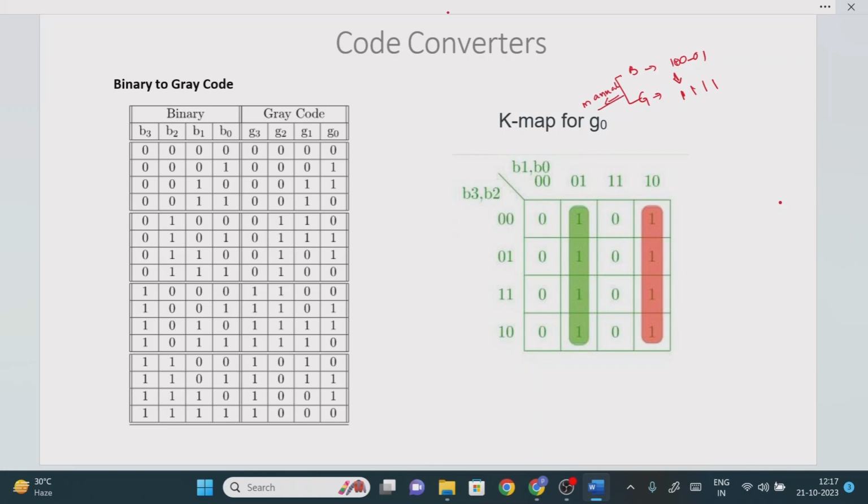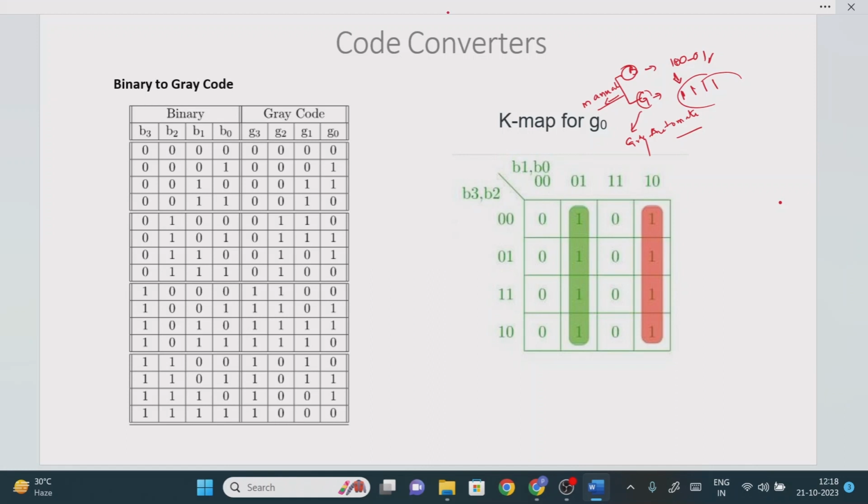Now my requirement is that I need to automate this task. Automate means the moment I pass the input value as a binary number, it should directly convert it into the gray code representation without performing the manual operation. That is our requirement. So in this case we are going to learn the code converter. The design is that we need to design the logic circuit diagram, so that the moment you pass the binary number, it automatically converts into the gray code representation.